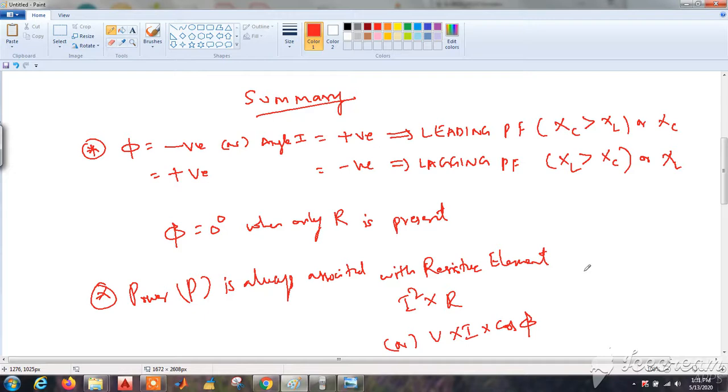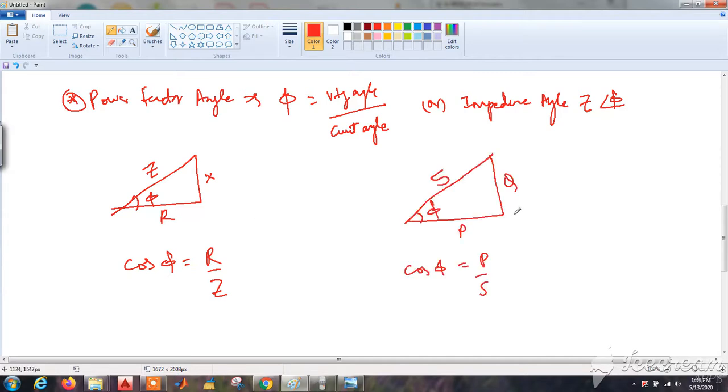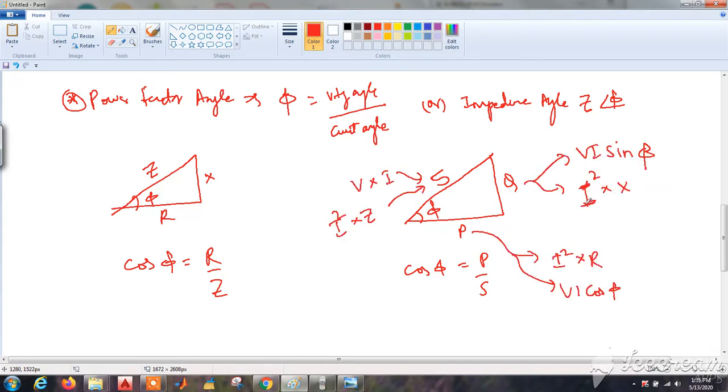Now the next point is the power factor angle phi, which can be determined by the difference of the voltage angle and current angle, or as we have seen in these problems, the Z angle phi, the angle associated with the impedance, or it can also be taken from the impedance triangle as shown here, or from the power triangle shown on the right hand side. This we have not discussed in these problems, but you can also verify. You can do a short homework, that is you can apply this and calculate the power factor angle or the power factor. You can calculate P, Q, S from the given formulas also.